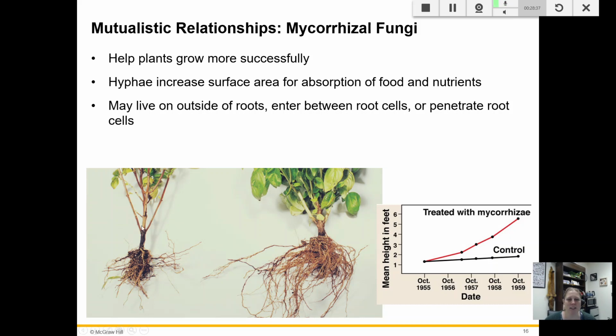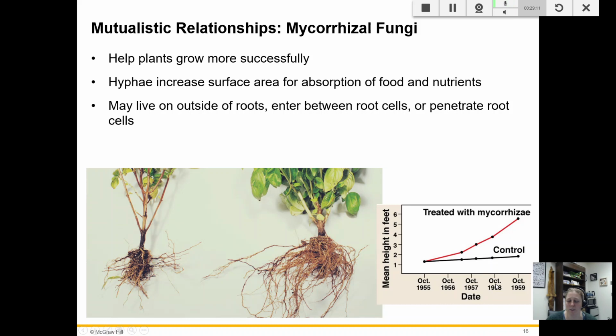I think if I were to ask anyone and say this plant was grown on the left, or where my cursor is, without the mycorrhizal fungi, and the other one was grown with the mycorrhizal fungi, most of us would argue that there's more leaves, not even argue, we could count them, and more roots, just more health and vibrancy to the plant with the fungi being present. Absolutely, we used to irradiate all of the plants to remove them. Now you can purchase what they call root rocket and grow it with your plants. It increases growth and survival of plants that you're planting in your yard.